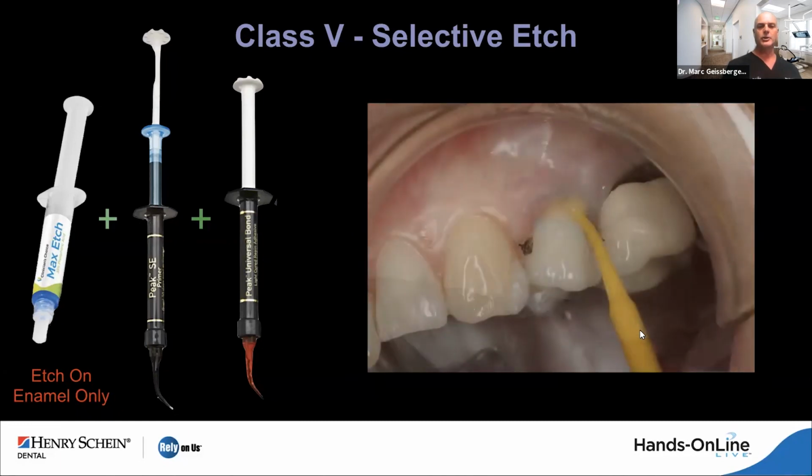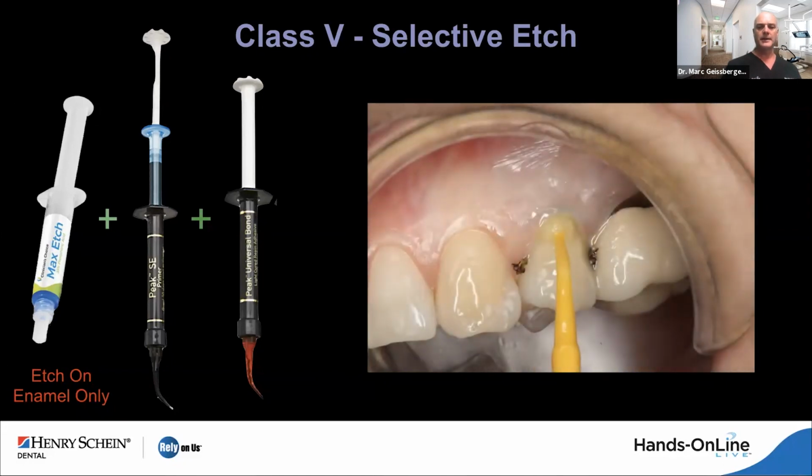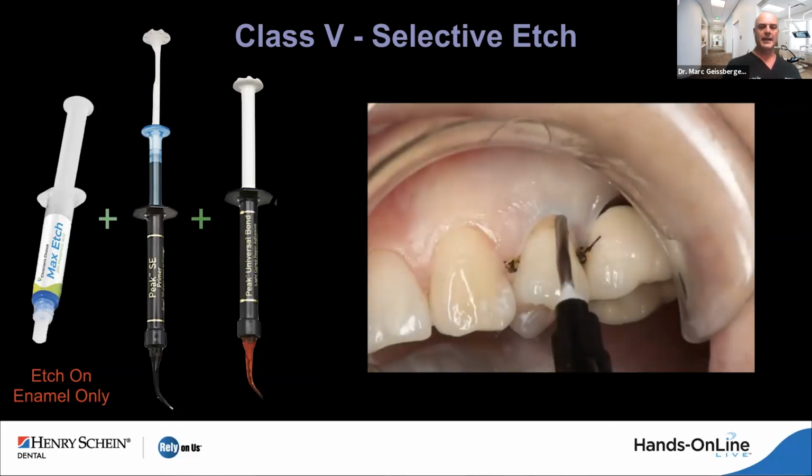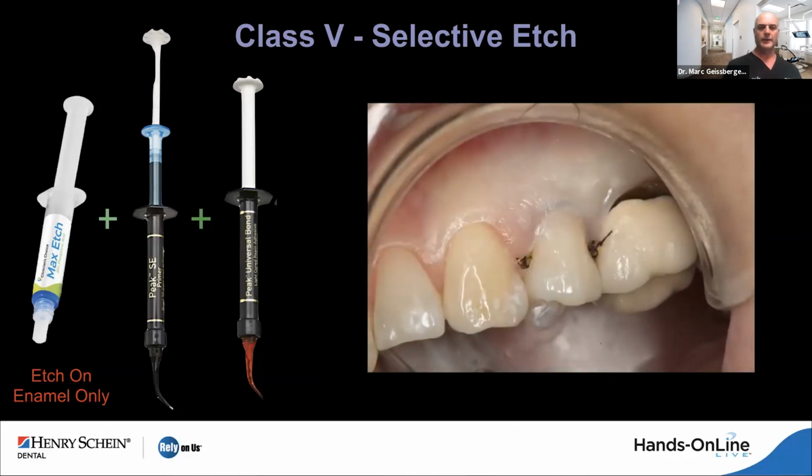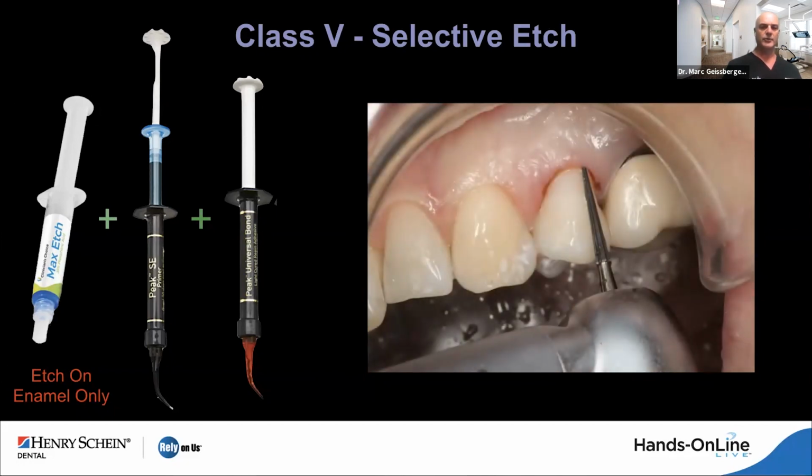At that point, we turn to our self-etching primer. This happens to be using Peak SE from Ultradent. And then we go to apply our bonding agent, in this case, Peak Universal Bond. We get that in place, we air thin that, and we go ahead and light cure and restore. So here I am placing my flowable. We get our flowable in place, and we go ahead, pull our retraction cord, and then we do our little